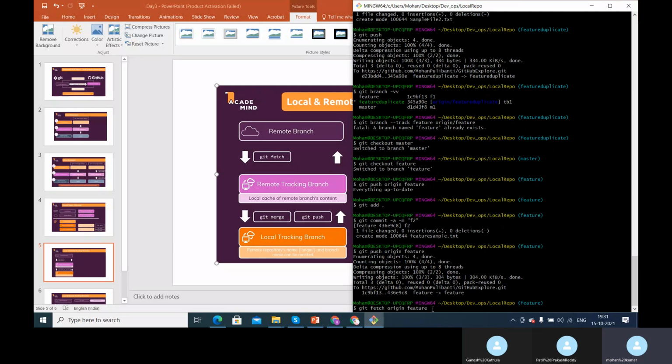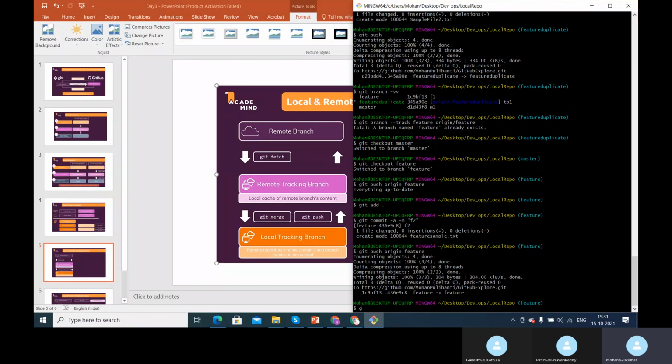Git fetch origin feature. When I say git fetch, I can do it this way, and this should also be fine, I guess. So how I'll do it is I'll delete that feature branch and then create it again.